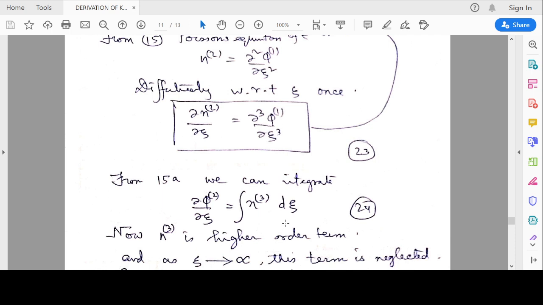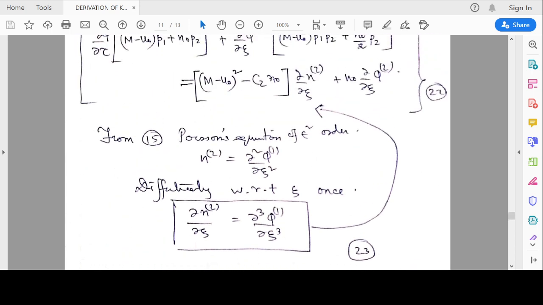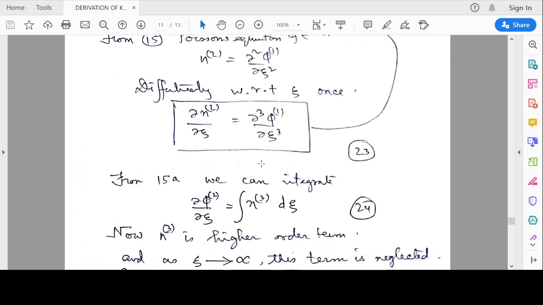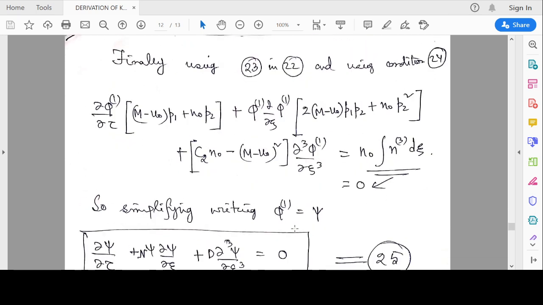Now when xi tends to infinity, this term can be neglected, because those are the higher order corrections and the minimalistic changes will be there compared to all these terms. So we just ignore that term. This term is ignored. So finally, with those equations and using the condition from the Poisson's equation, we get this kind of expression for the